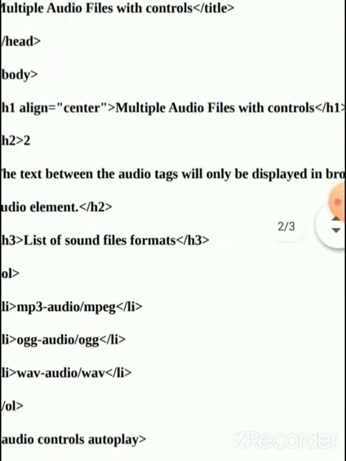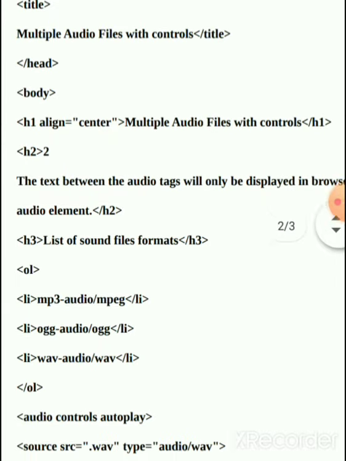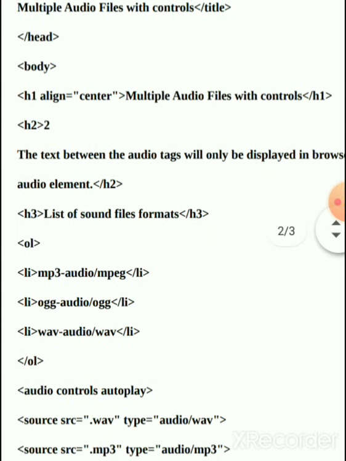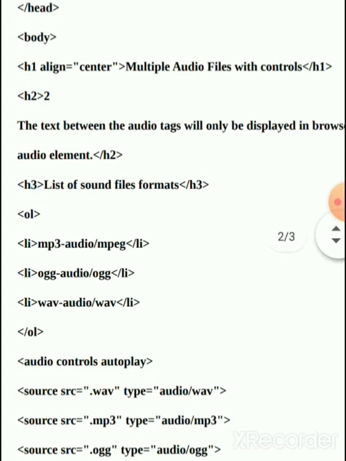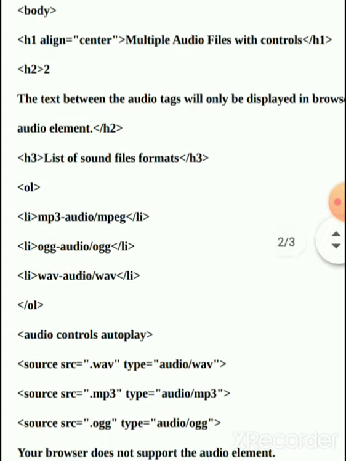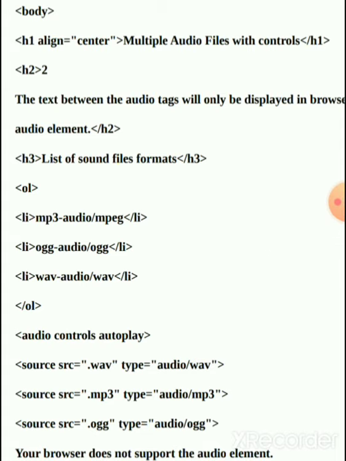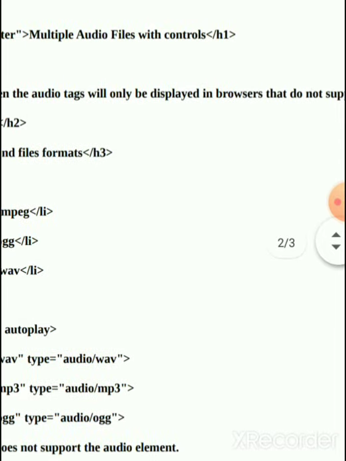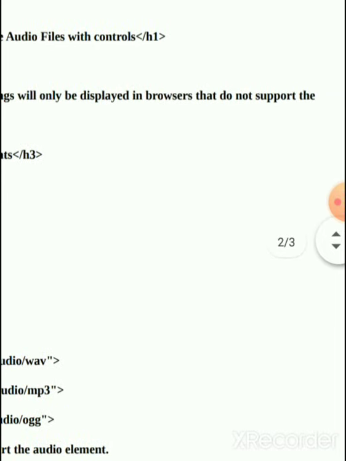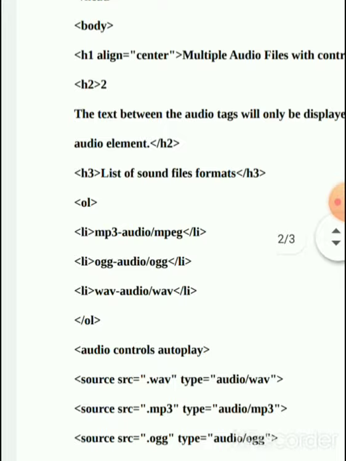For that purpose, a simple description. After the body tag we use h1 align equal to center, multiple audio files with the controls. Then an h2 specifying that the text between the audio tags will only be displayed in browsers that do not support the audio element.